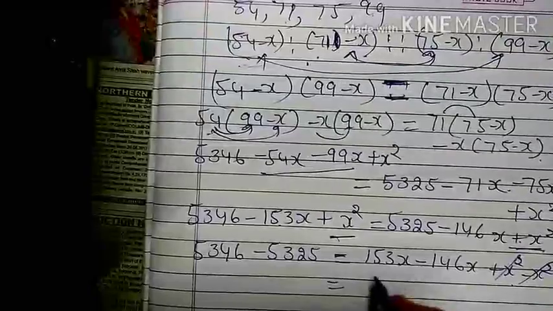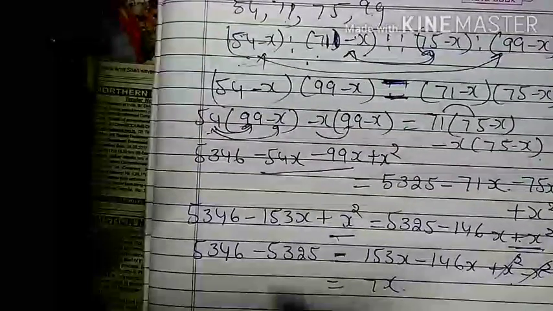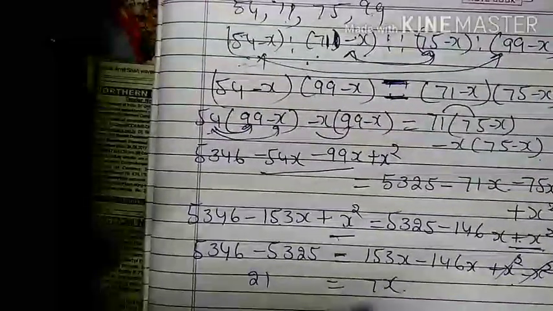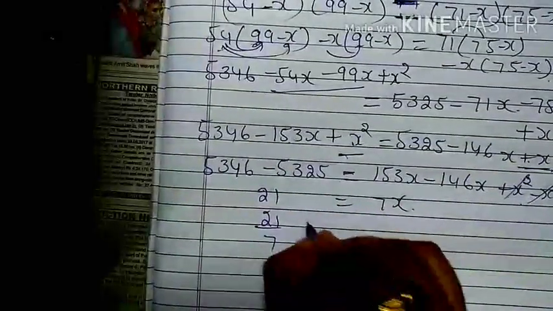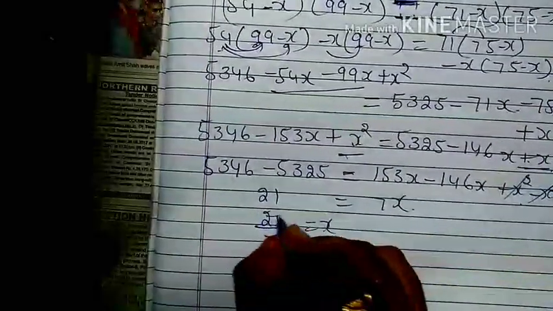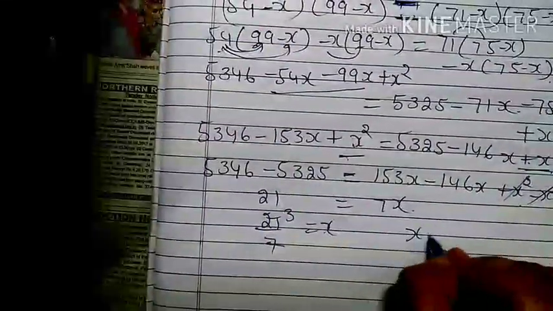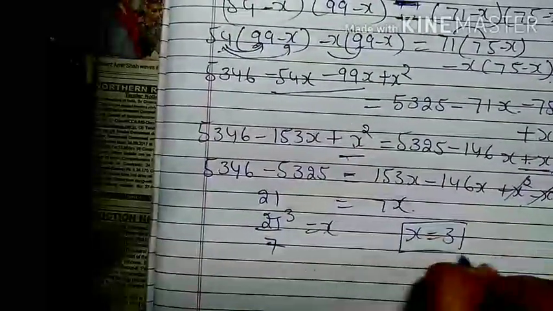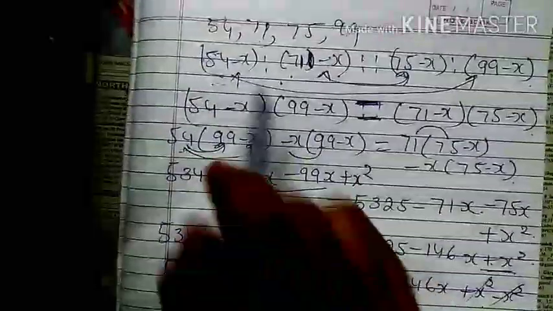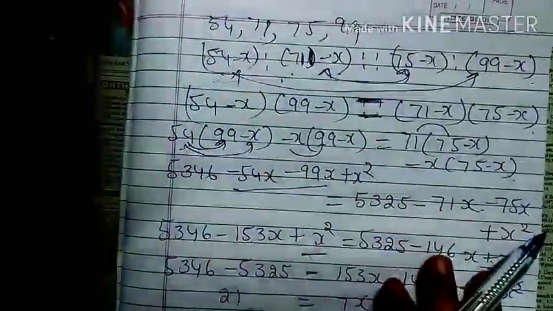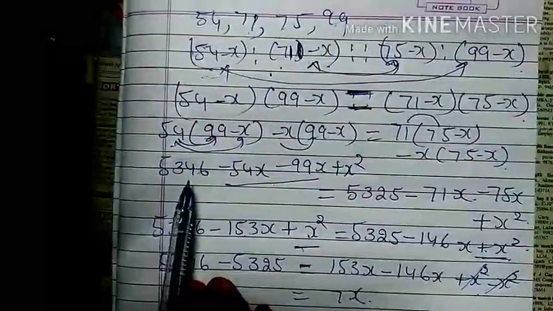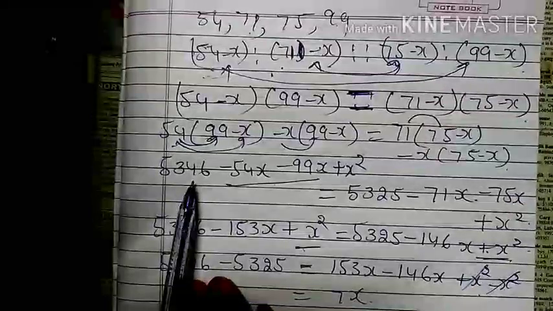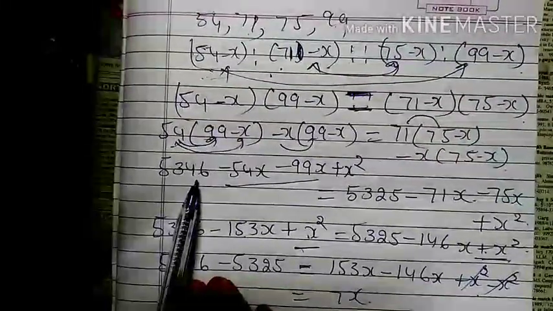Now when you subtract, you will get 7x and here you will get 21. Now 21 divided by 7 is equal to x. 7 threes are 21 and my required number is 3. That means if in the above numbers, each and every number, you subtract 3 from each number, then after subtracting 3 from each number, if you write in the proportion form, then all terms become proportional.